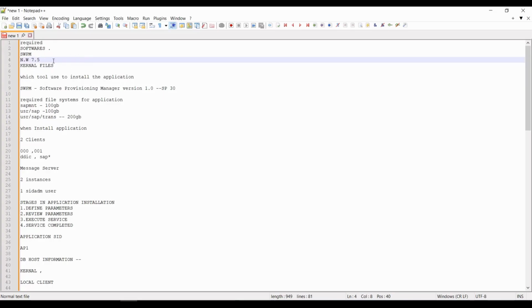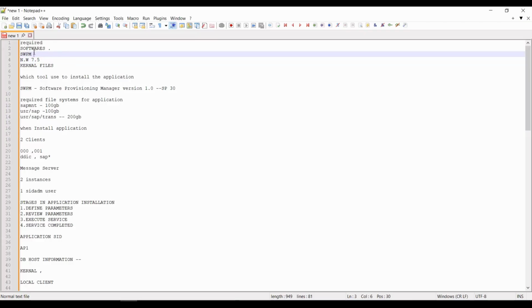By using SWPM we are going to install, running SWPM Linux dot slash SAPINST. Once we hit that,